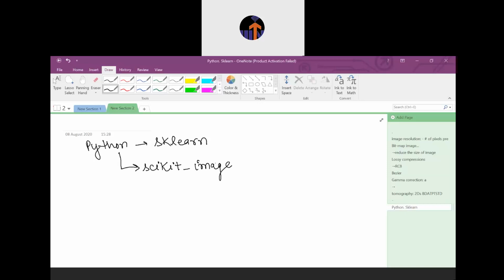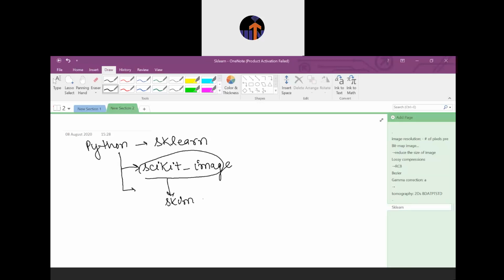I request you all to please install the Anaconda Navigator along with 4 to 5 important packages that I already mentioned in the video, and after that you can run the programming. Inside scikit-image, you have to invoke the skimage module.